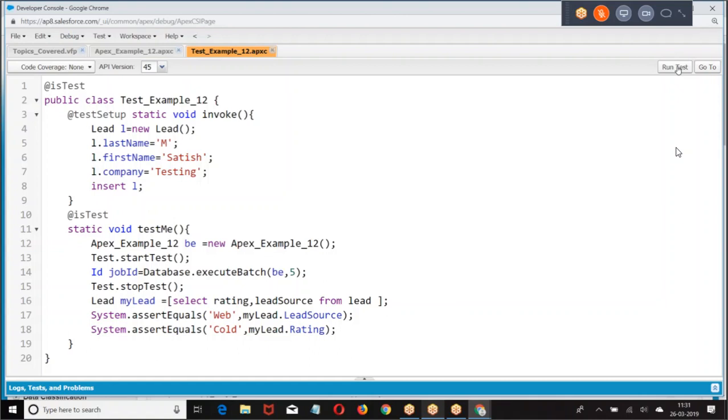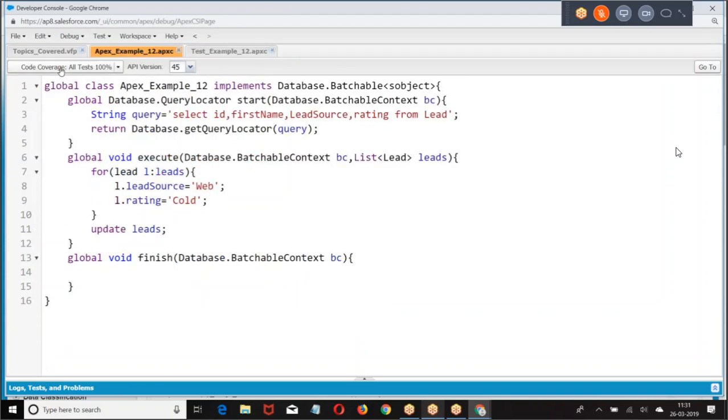How many sample records have I taken? I have taken only one record. I wrote a SOQL query and verified it. If you take a list of records, I told you in the last class, take a for loop and test every record. Okay. Go back and see. You got the code coverage. What is the code coverage we require for deployment? 75%. If you get 75%, we can deploy the code. Minimum 75% is required to deploy the code from one environment to another environment.